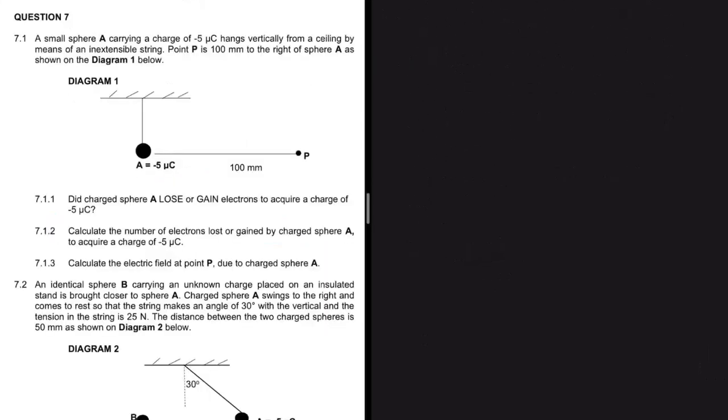We have a sphere A here of charge minus 5 microcoulombs hanging from a ceiling by means of a light inextensible string. And then 100 millimeters away, we have a point charge P. And then the first question,